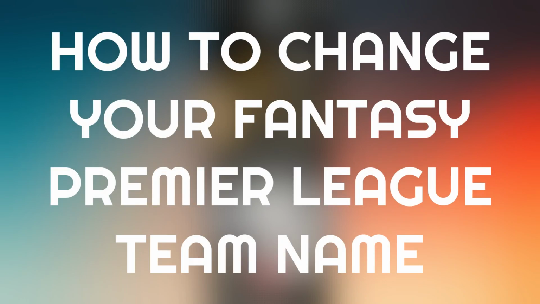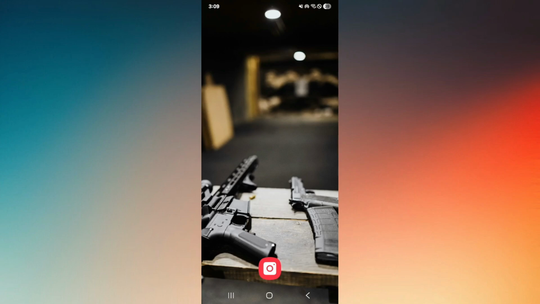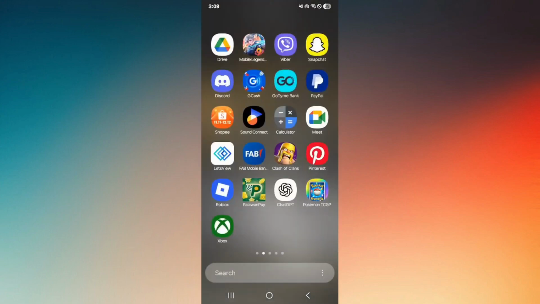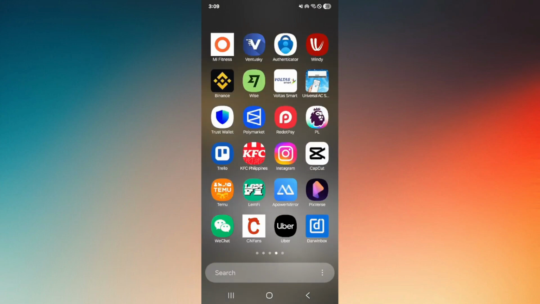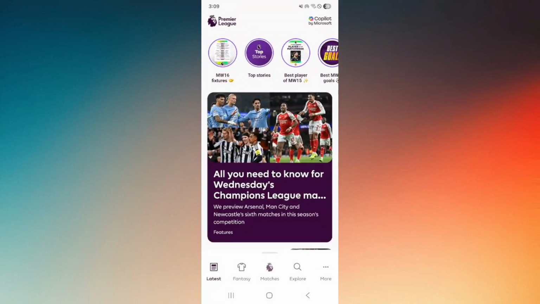How to change your Fantasy Premier League team name. Now, changing your league team name is very easy. I'm going to show you how you can configure the settings of the league that you created or from the team that you created. First, open up your Premier League application, and then below you should be able to